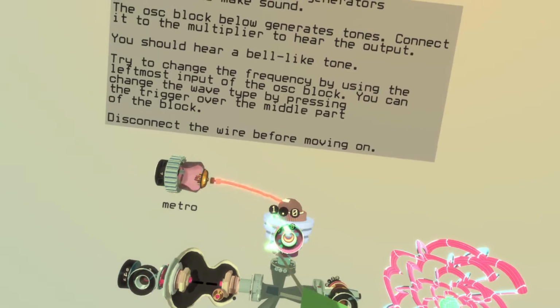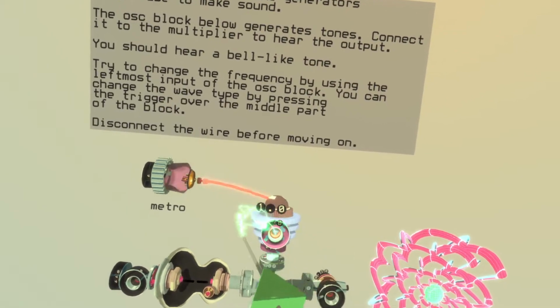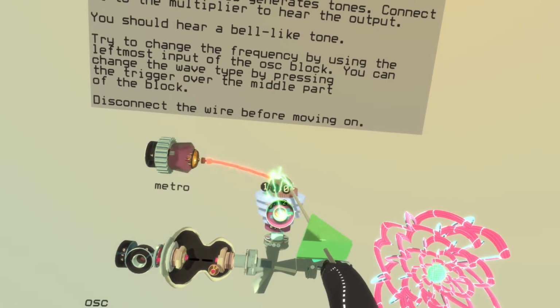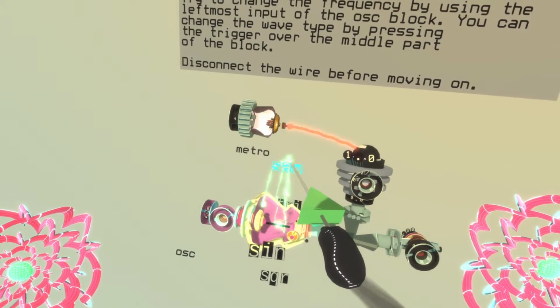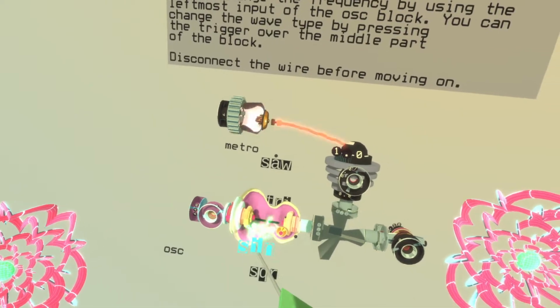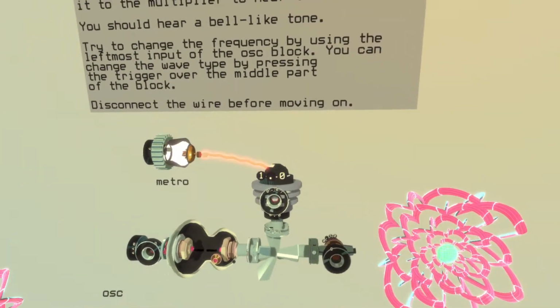And I can of course still control the length of this decay envelope that we have made here. I can also control the... Oh, that ain't working. Let's move on